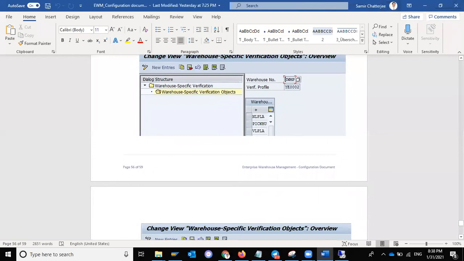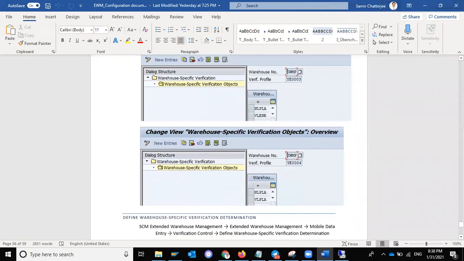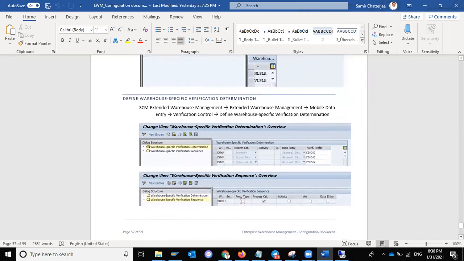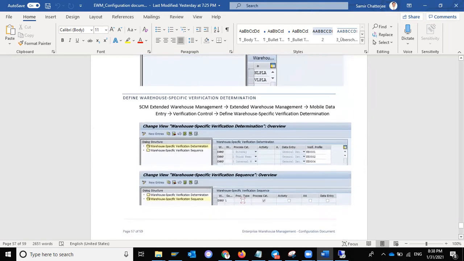Now, any ROC specific object, we have seen it. Now define ROS verification determination, how to determine it. Let us see how to determine this particular, for which operation it will be applicable, maybe for put away, for stock removal, or for internal ROS movement, for which operation it will be having for this verification determination.